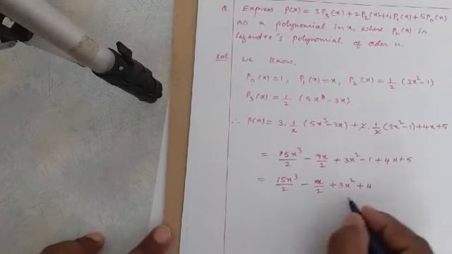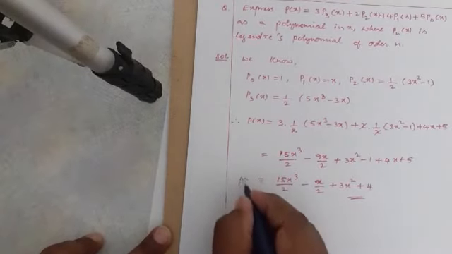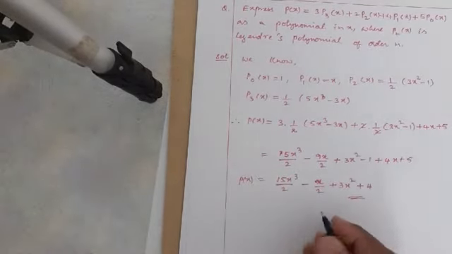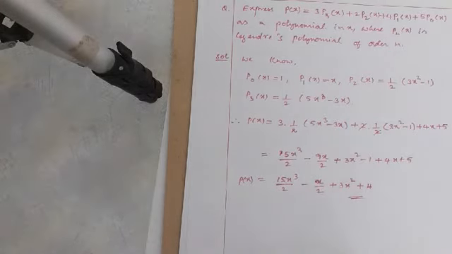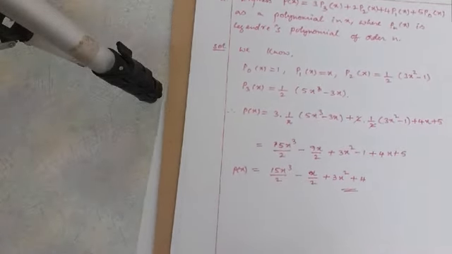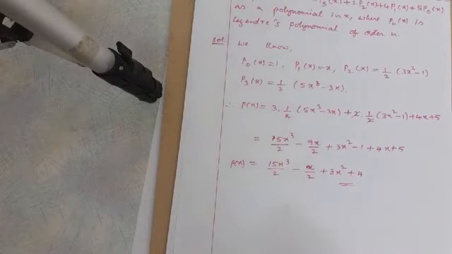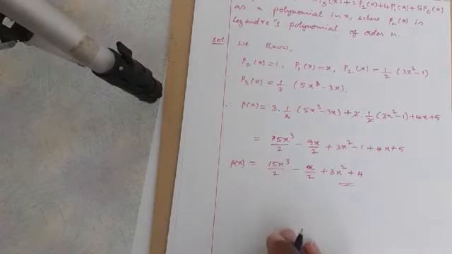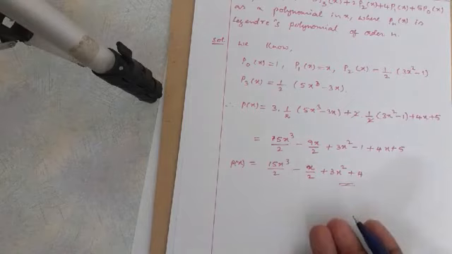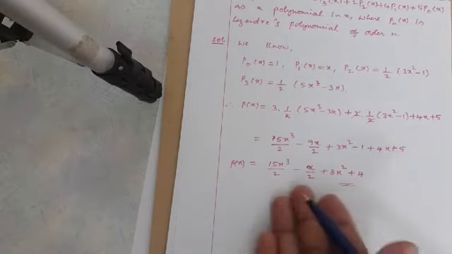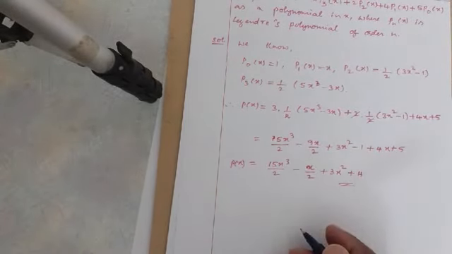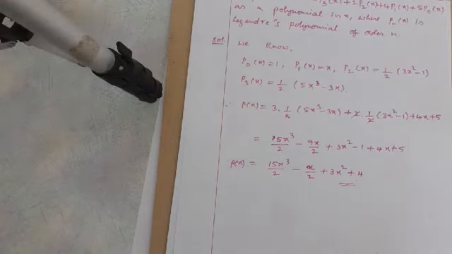So in this way we have to do the problems when it is given p(x). When f(x) is given, we just have to extract the polynomials we want, like x cube, x square, x and so on, and then substitute them in f(x). Now here p(x) is given, so we know the Legendre polynomials. Directly we substitute and simplify. This will be the answer. This will come in a short answer. So with this we complete our